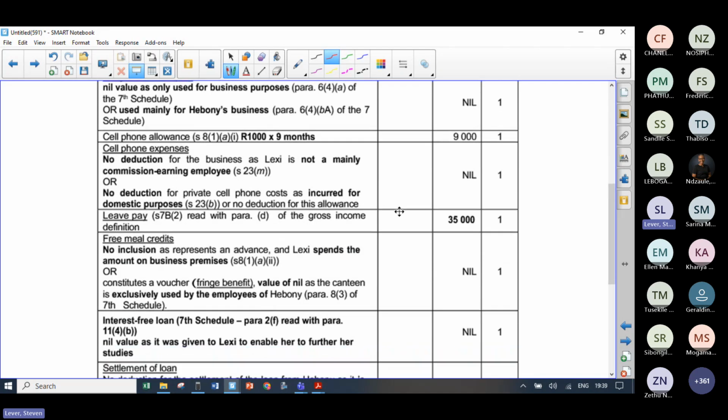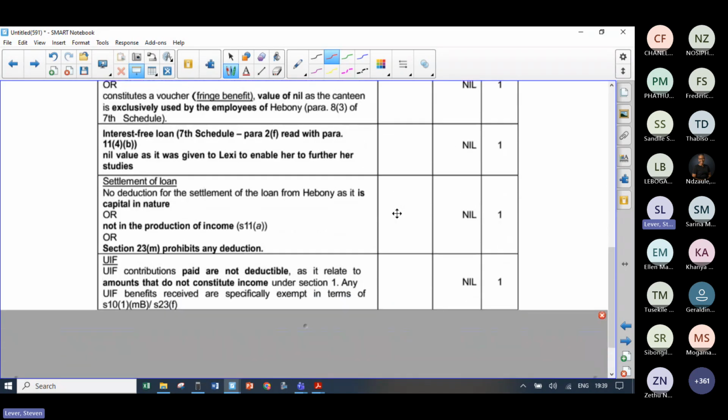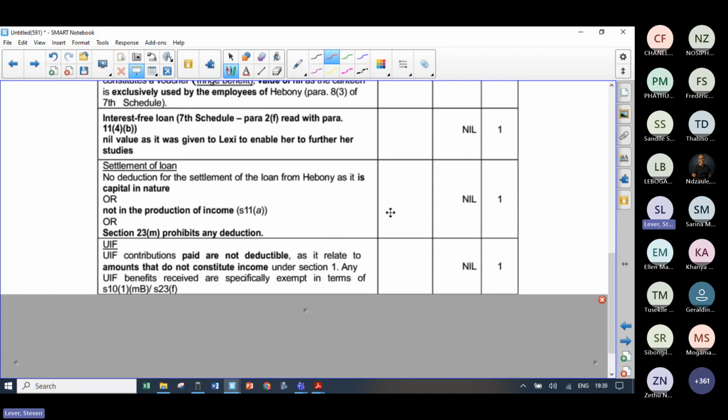Look how many marks there are for null amounts inside here. 1, 2, 3, 4, 5, 6, 7 so far. And remember, this question's only out of 27. Every time something does not have a tax effect, you need to write something down. And having marked papers for the last 30 years, I can tell you that lots of students, if it doesn't have a tax effect, don't put it in their solution. It is absolutely imperative that all of the null stuff gets put in your solution, because we can only give you a mark if you write something down.